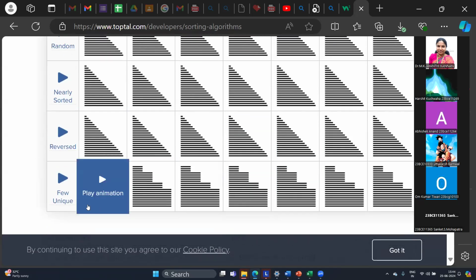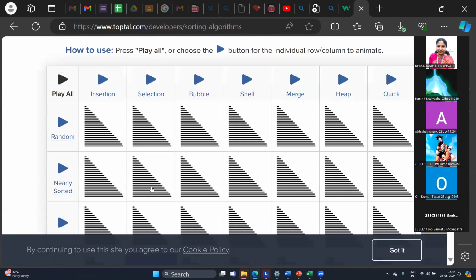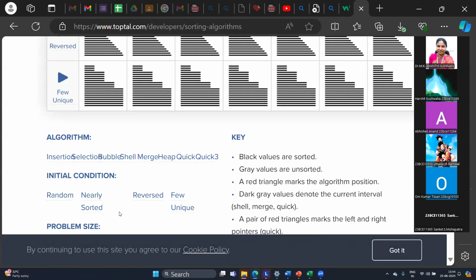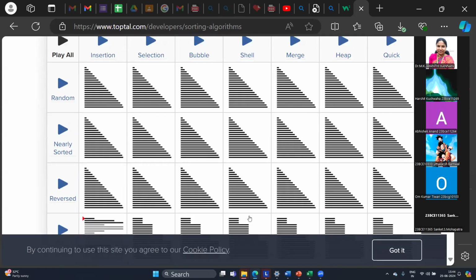Nearly sorted, reverse sorted, and if a few unique values are there, in that case, if you take insertion sort, how it performs means,